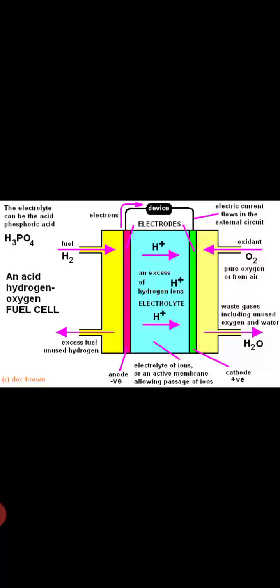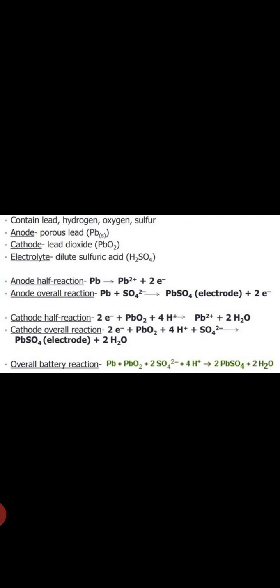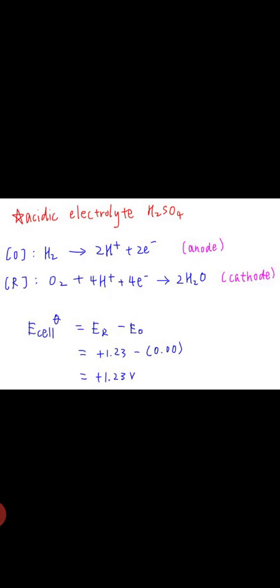It is in front of you, and I will show you the reactions. The reaction which is taking place, yeah, this is the reaction. You can see at the anode it loses 2 electrons to form H plus ion, and at the cathode oxygen gains those 2 electrons and forms water molecules. Got it? And basically the EMF of the cell is calculated to be 1.23 volt. This is the basic reaction, and the overall reaction is hydrogen plus oxygen gives water, H2 plus O2 gives water.